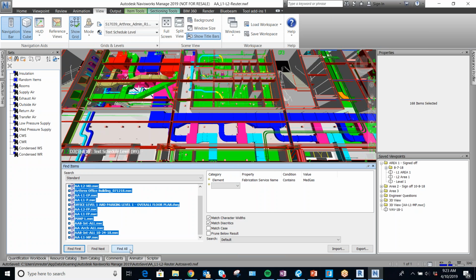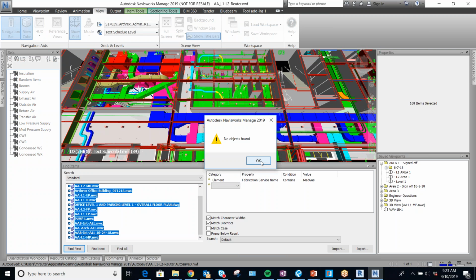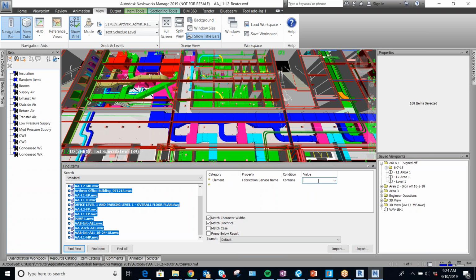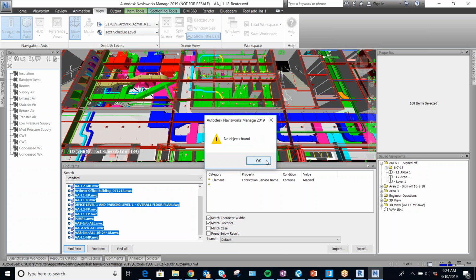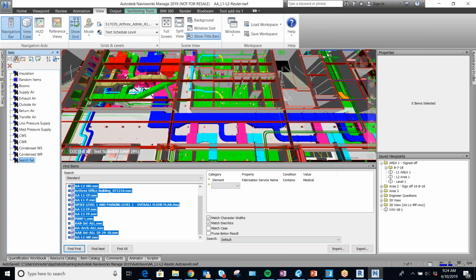So if I were to click that right here, I hit find all, it's going to tell me that no objects are found. Okay. But if I know that that's the way that you name med gas. By the way, how do you name med gas? Is it medical gas? Like, how do you guys typically do that for your service name? It should just say medical, I think. It's part of it. So there's medical, a couple of others, like there's breathing air or whatever. Okay, so let's just say for argument that that's what it is. It has the word medical in it, right? So you hit find all. It says no objects found in this model because this isn't a hospital, right? That's fine. If you hit save here,